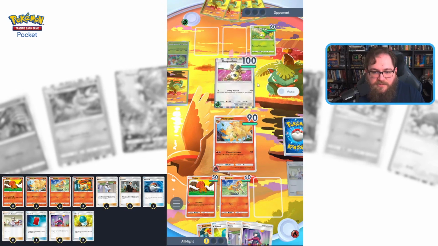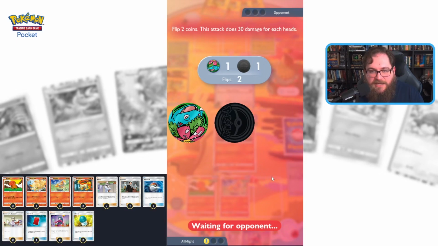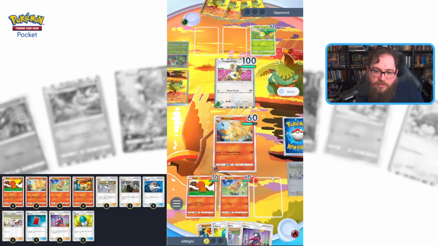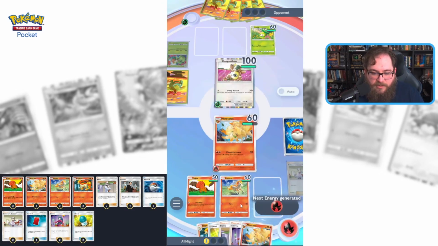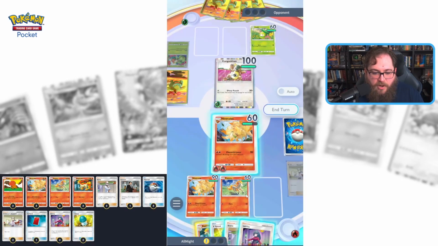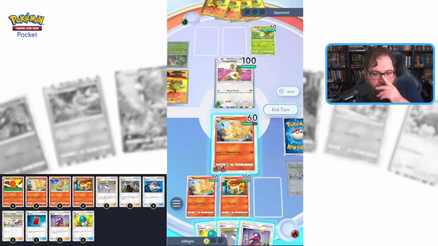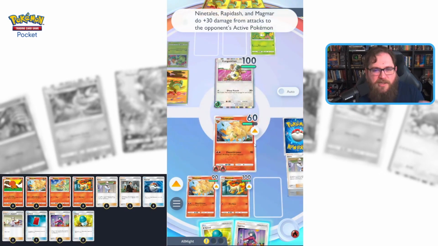Okay, the Kangaskhan is going to be a little bit of an issue. This is within the deck, and it is a little bit annoying. But what we're going to do here is we're going to take it out as quickly as possible. Already got another Ninetales up and running here, and we're going to put that there. All right, so here we're also going to get our Rapidash on board. So I don't want to use my Blaine here, but I'm just trying to get this done as quickly as